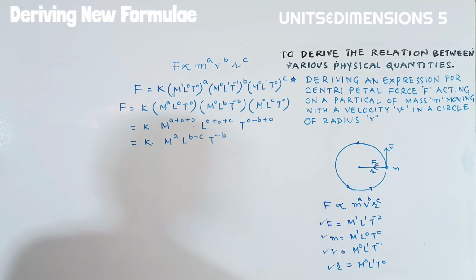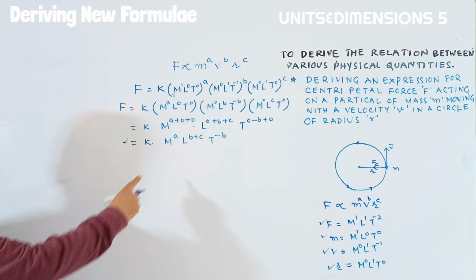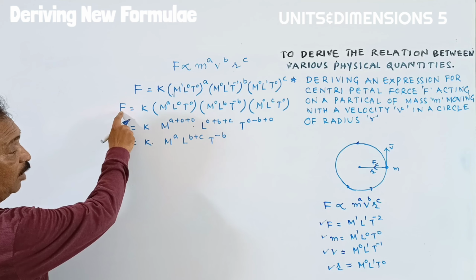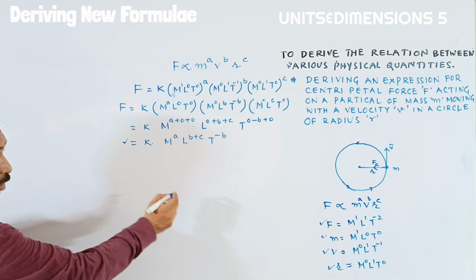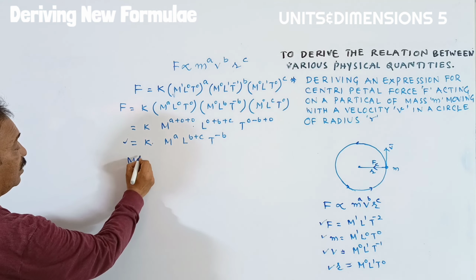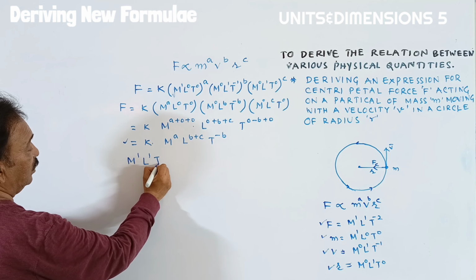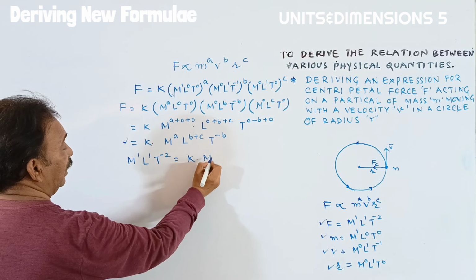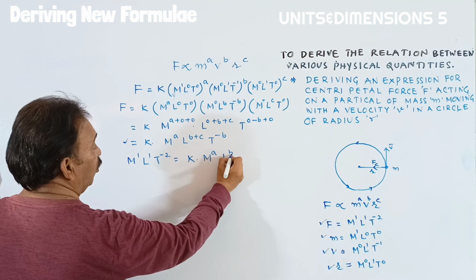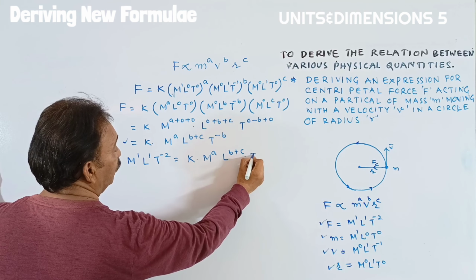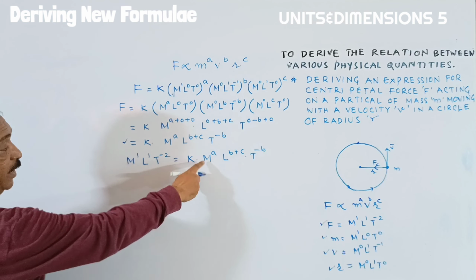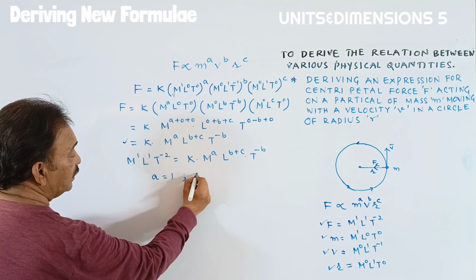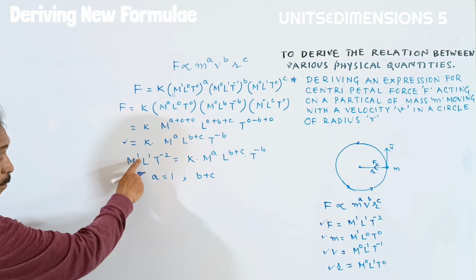Okay, students, up to here we did everything. Now we are comparing this equation with the dimensional formula of the force. As you know, the dimensional formula of the force is M^1 L^1 T^-2, which equals k of M^a L^(b+c) T^-b. We are comparing the powers, students. You can write a as 1, b plus c is equal to 1